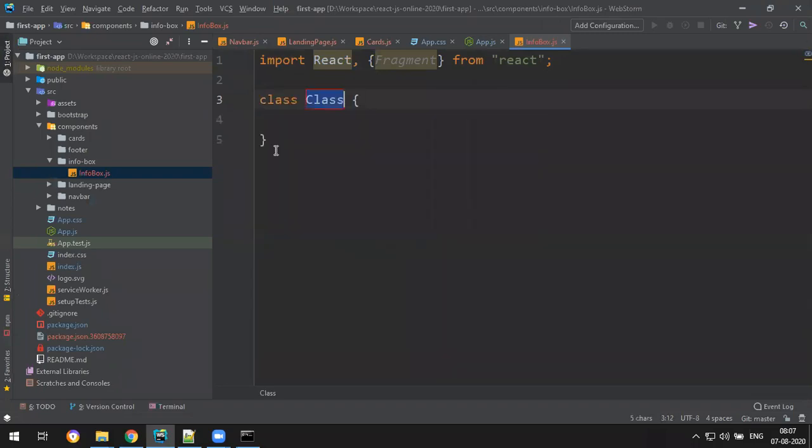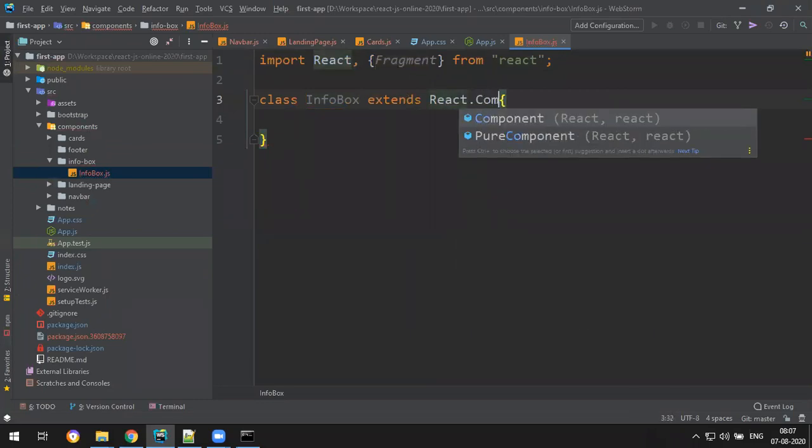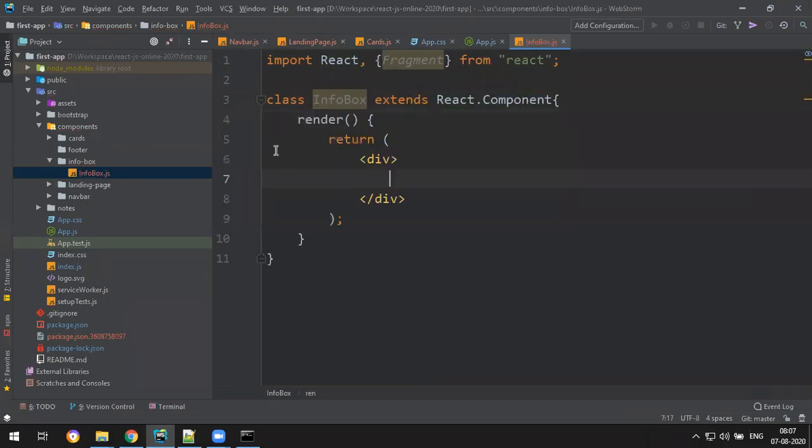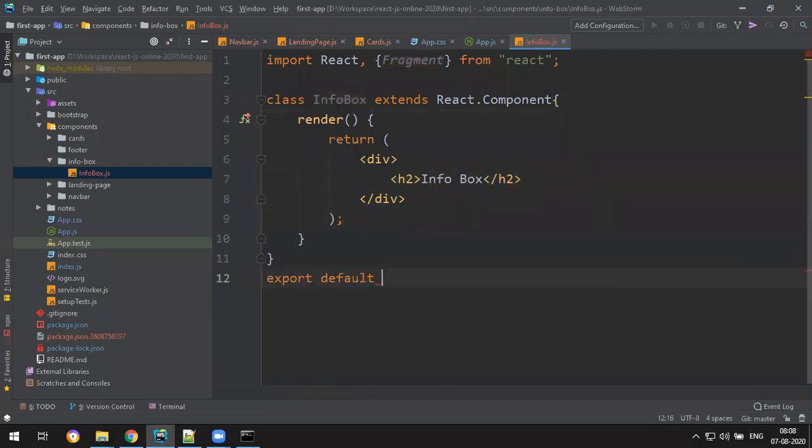Also, let's say class. This is the default structure. Information box extends React.Component, in that render, some h2 info box, and let's add export default information box. Done. Okay, and then let's add some fragments.